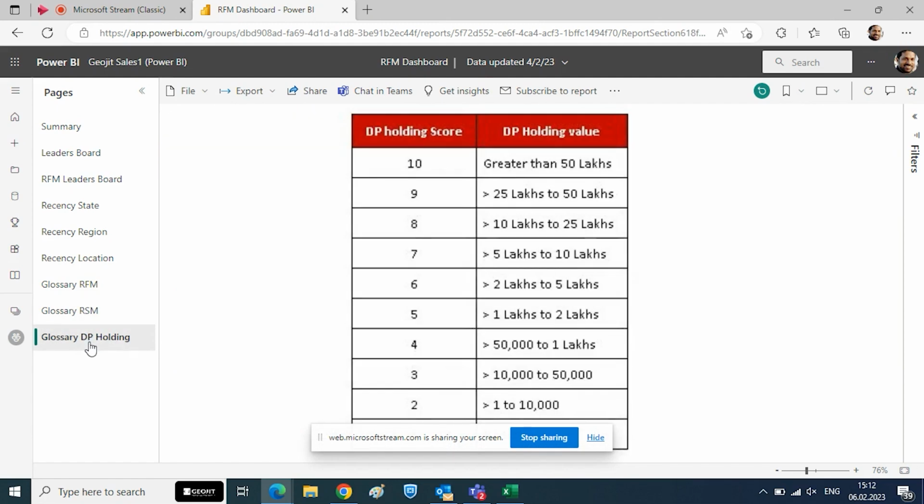So coming to one more scoring, that is DP score. So RFM score, RSM score and DP scoring. DP scoring is based on the holding. So if a client is having greater than 50 lakhs, then we will give him a score of 10. That means this client may be able to buy our PMS, or maybe buy lump sum mutual funds or some Smartfolio. So this 10 means greater than 50 lakhs, and 25 to 50 lakhs we are giving score 9,